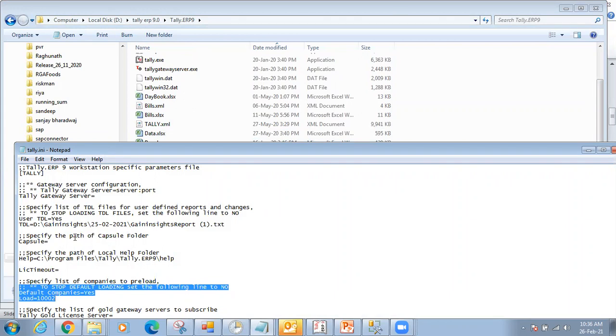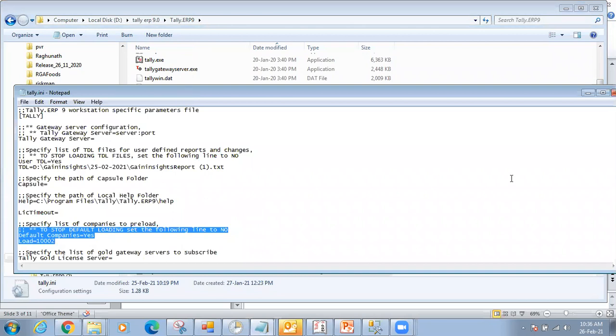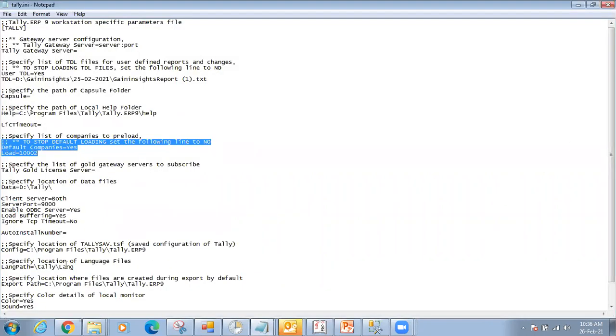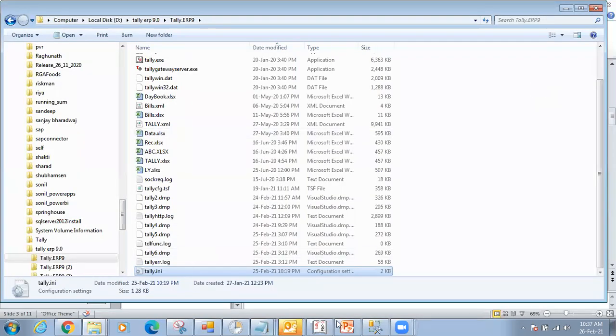Okay, your data folder basically you will get here. This is your data folder. You'll get a data folder up here, right? But this is the one which you need to specify the location. Data files is getting it here, but on the tally.ini company, you'll get it here. Is this portion clear? So you make multiple Tally instances, and for each one of them, make a separate company.